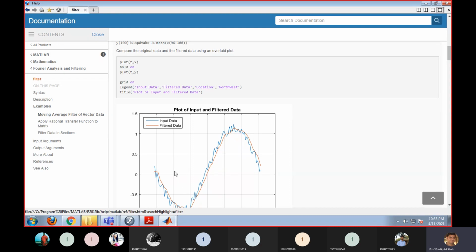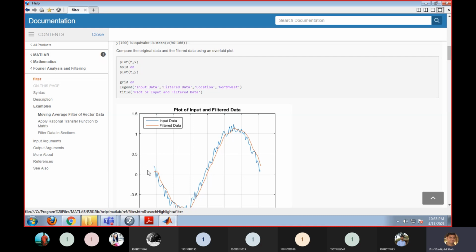This is my input as the blue line. Now what we have to do is develop a system that removes the noise from the input signal.